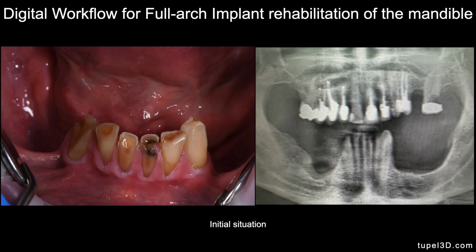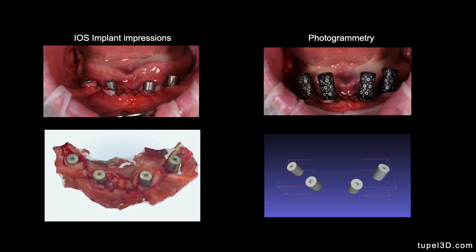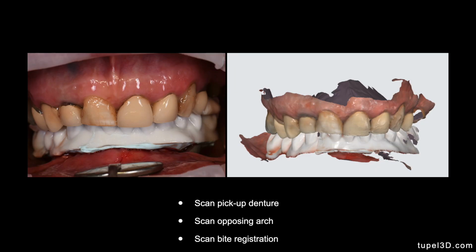Now I'm going to show you another case on the lower arch, and that's basically a surgical case. Failing dentition on the lower arch, teeth are extracted, and then we do an intraoral scanning, and you can see here how complex it is to do an intraoral scanning post-surgery. Then we do photogrammetry, and once the data are aligned and combined, we do a digital pickup